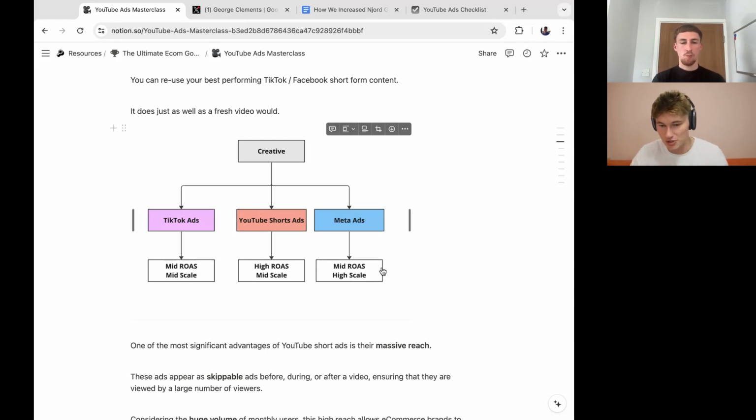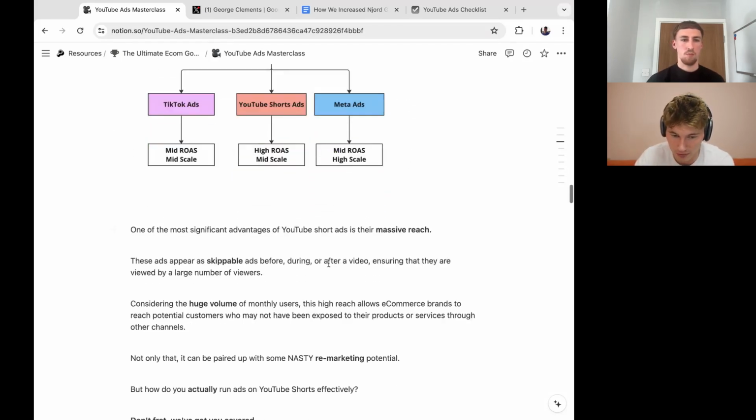With Meta ads, you're going to see pretty low ROAS, well, not low, but on the lower side, because there's just so much scale there. So brand owners' approach is typically to floor ROAS and just scale like crazy. Whereas YouTube, I think a better approach is, you're probably not going to get quite as much scale as you do on Meta, I don't know, it just seems to be the way of it. You're not going to get quite as much scale, but the ROAS is going to be very high because things are a lot more profitable, right?